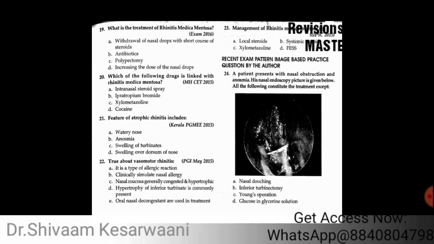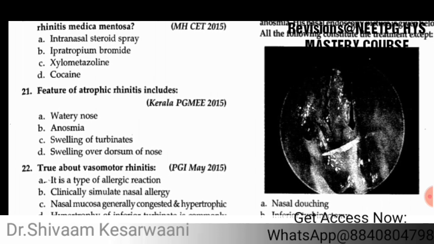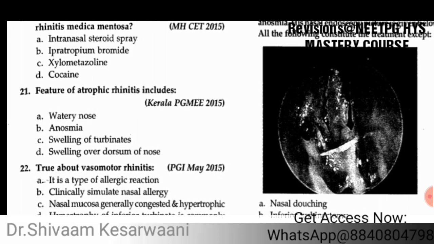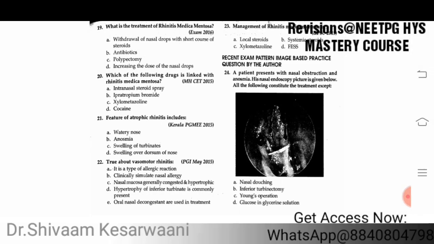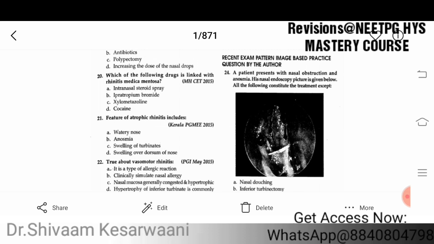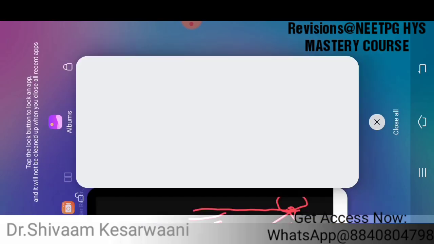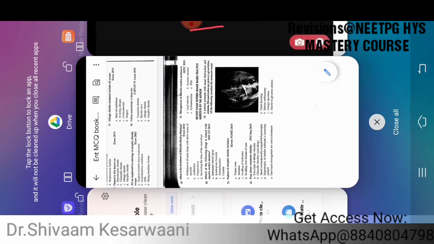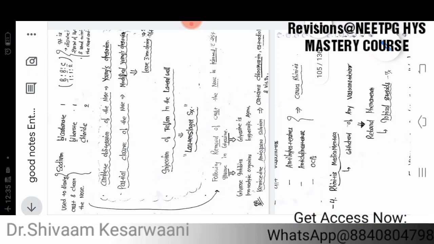Now one more question: features of atrophic rhinitis include. Watery nose, no. Anosmia, yes. Swelling of turbinates, no. Swelling over the dorsum of the nose, no. So you see, you have been able to answer these questions so easily, and now in a similar way we will discuss allergic rhinitis as well as the other conditions which are important for you. So we'll move to the other part, that is